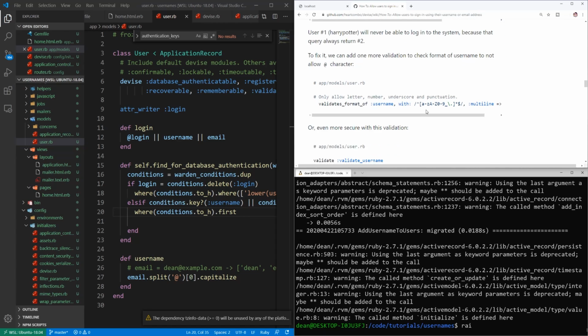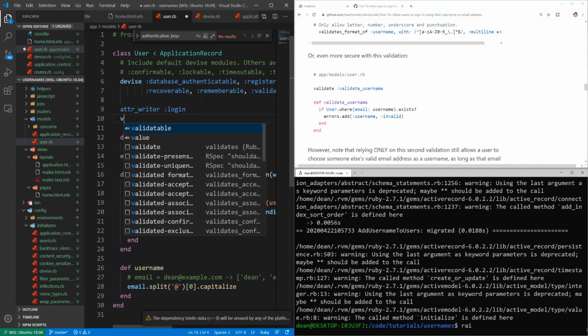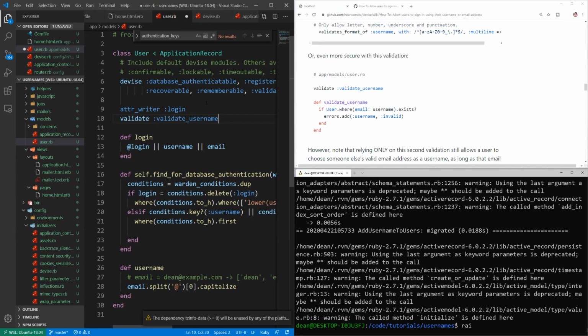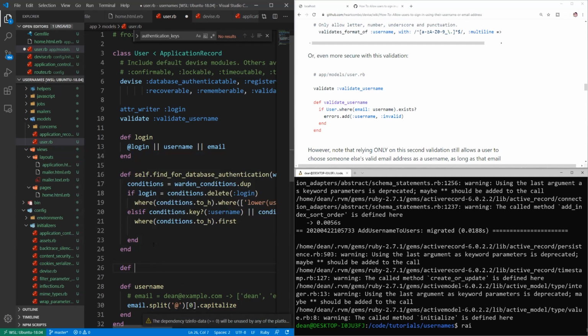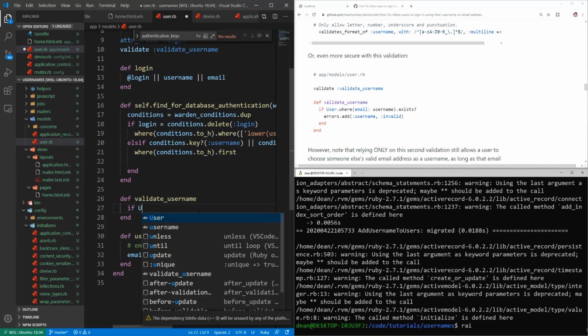Yeah, so basically you want to create this validate username method. So we'll just do that right now. We'll just say validate username. So it's saying validate and then this method, and then we have to actually create that. So we'll come down here and we'll just say def validate username and then in here we'll just say if